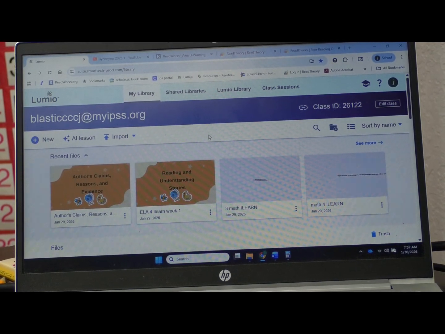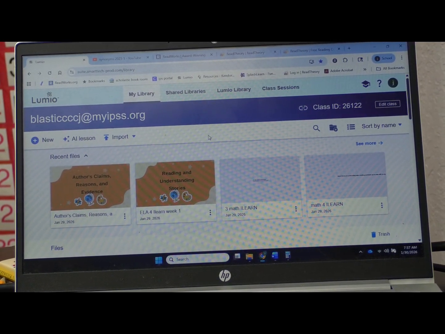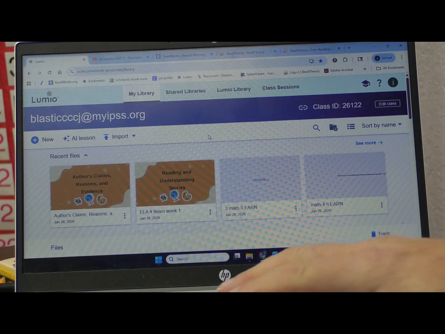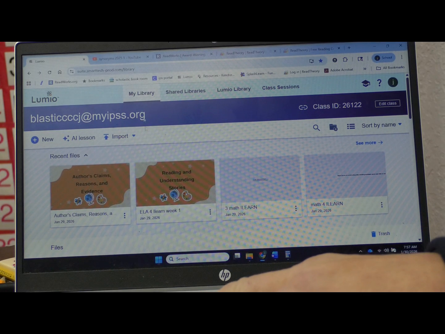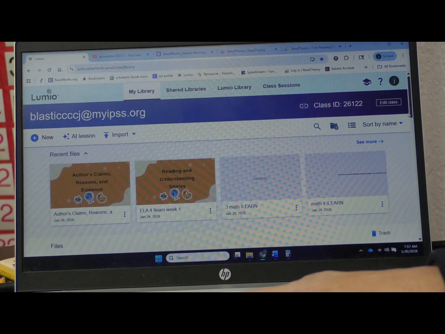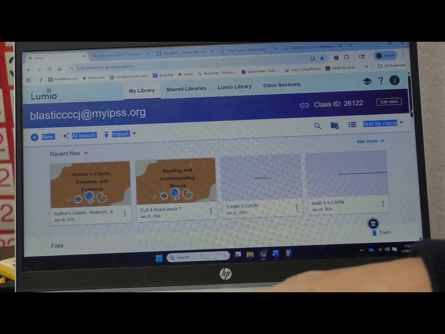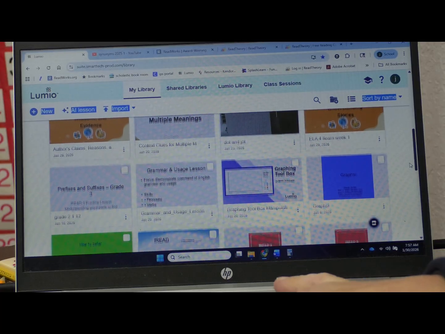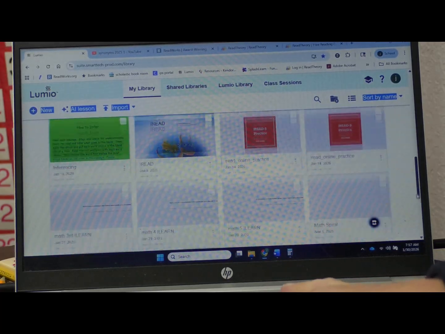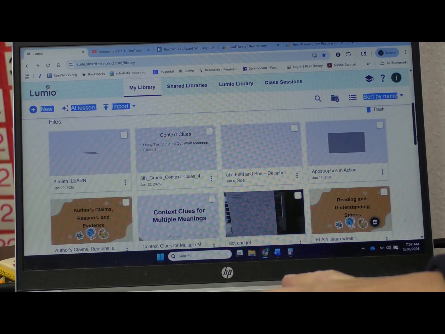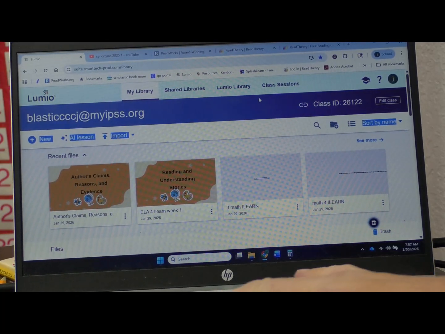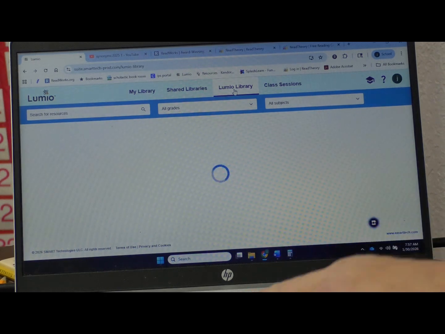Okay, now let's talk about how to prepare a lesson using Lumio. So here's my Lumio dashboard, and you can see these are all the lessons that I've either created or borrowed from someone else. So what you do is you go to the Lumio library,